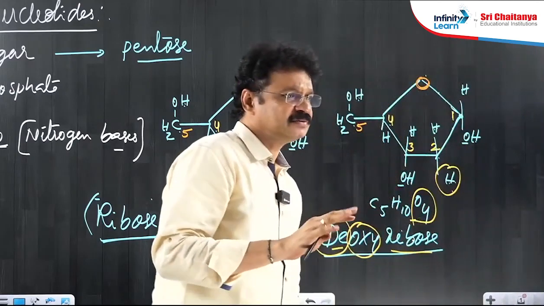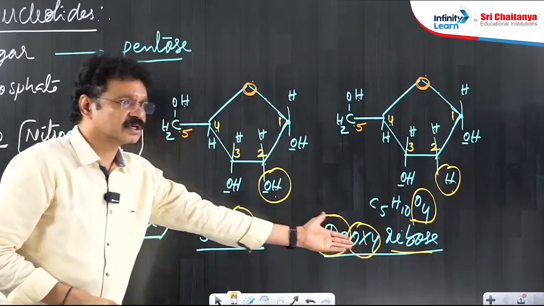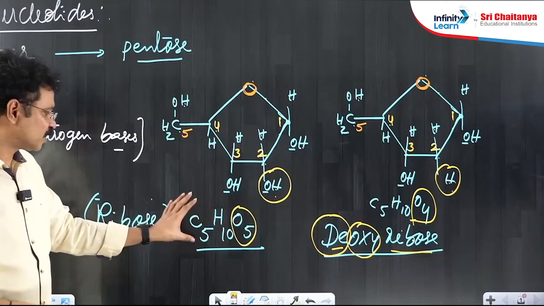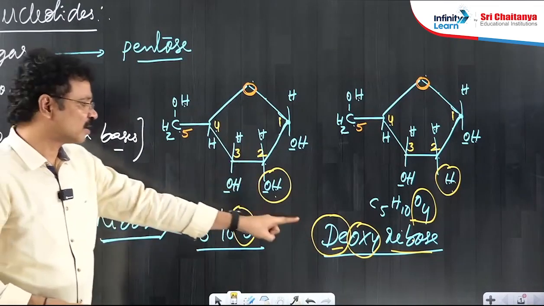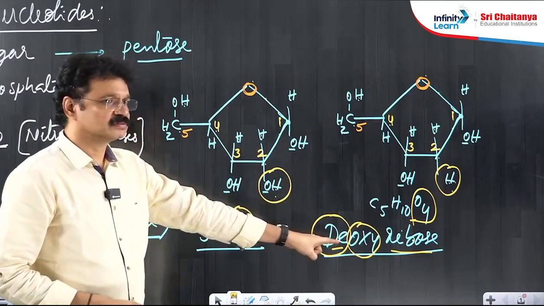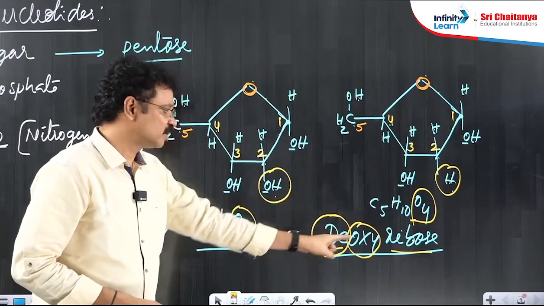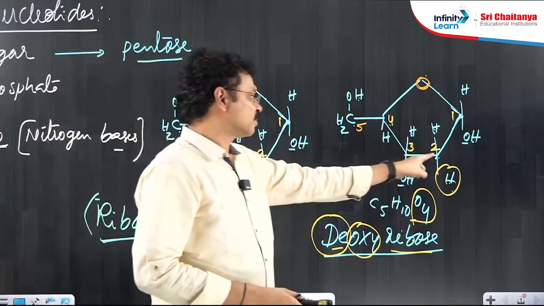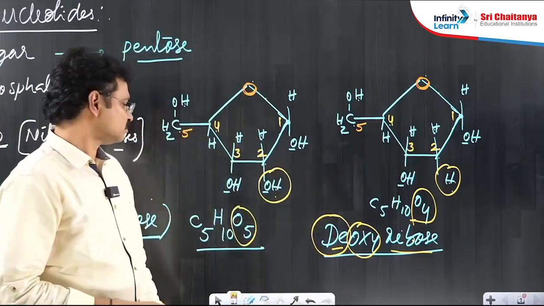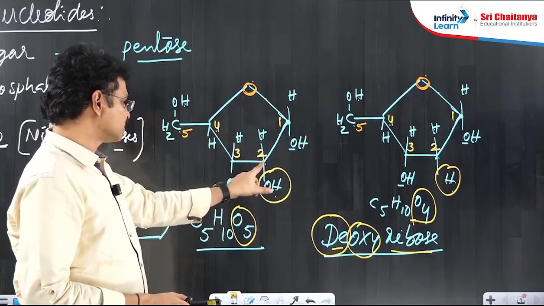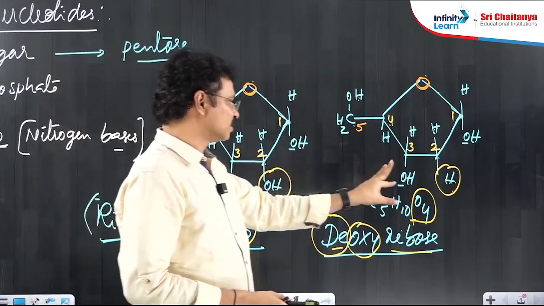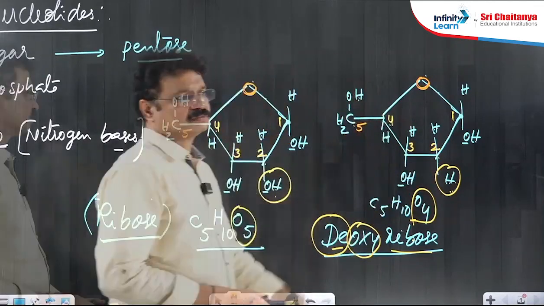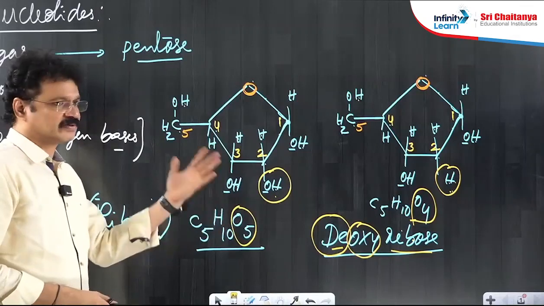Okay, are you getting this idea? Are you able to differentiate the deoxyribose sugar from the ribose molecule? When compared to the formula of the ribose molecule, one oxygen atom is a deficit. Hence, the ribose is named deoxyribose. Such a difference is found at the second carbon only. In ribose sugar, an OH group is found at the second carbon, whereas in deoxyribose sugar, just a hydrogen atom is found at the second carbon. That is the major variation.